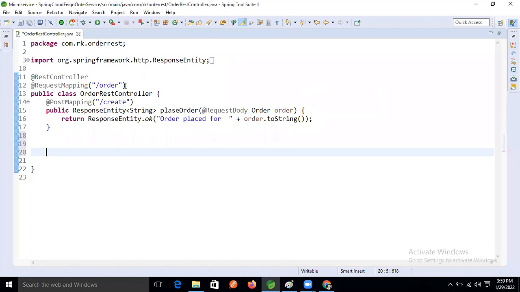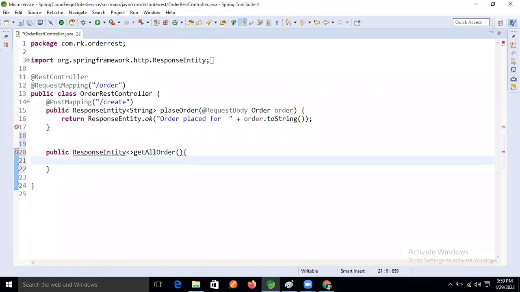Our requirement is to return a list of order data. So we will decide: public ResponseEntity, and the method get all order. This is our method, return